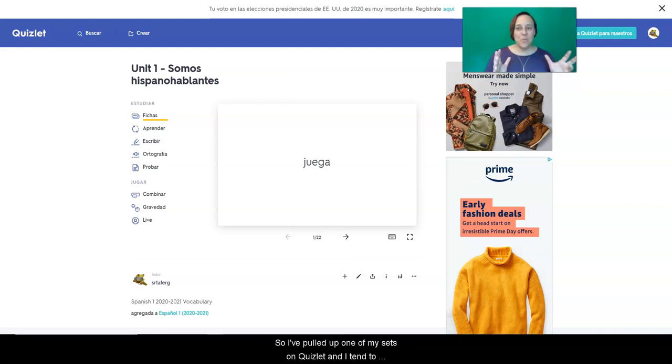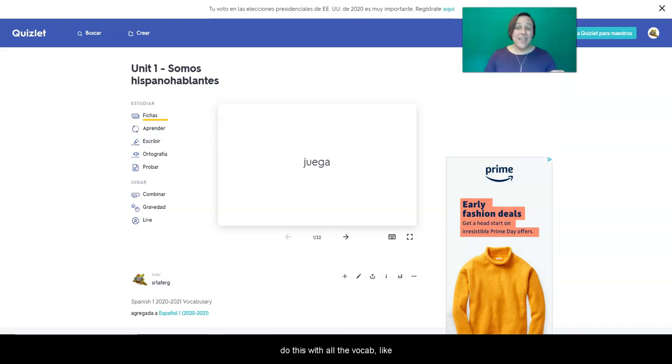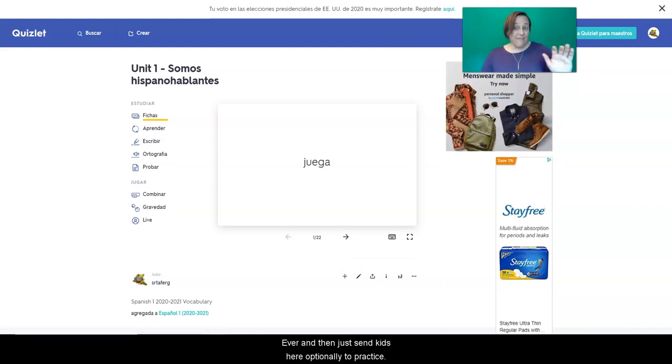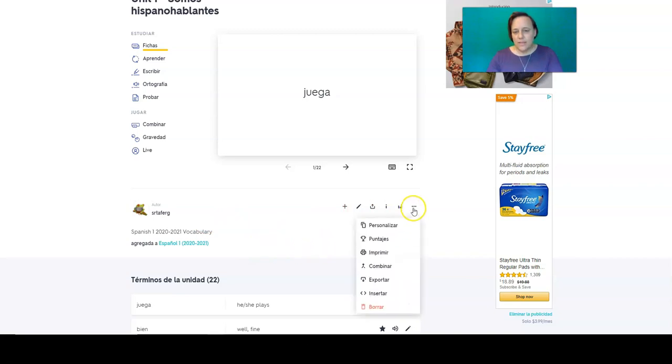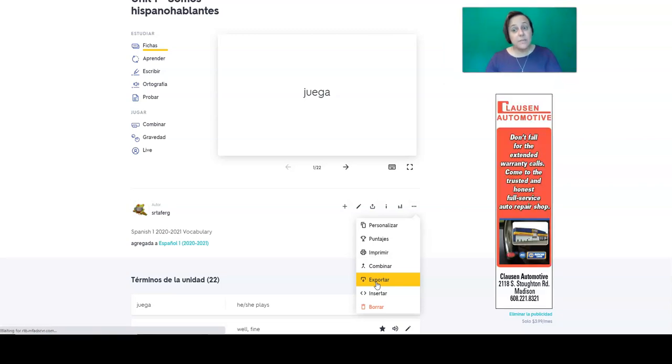So I've pulled up one of my sets on Quizlet, and I tend to do this with all the vocab like ever, and then just send kids here optionally to practice. So here's my Quizlet set. And down at the bottom here, in kind of this menu area, there's this little 3 dots that's like, here's more. And you'll see the export button. And as you can tell, my Quizlet is set in Spanish, but exportar, if you don't speak Spanish, it means to export. So you click that,